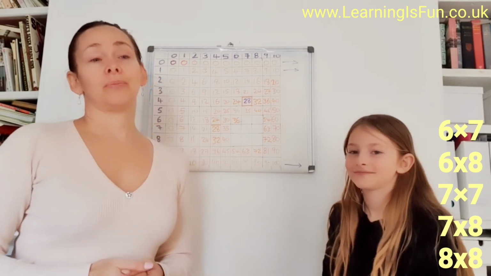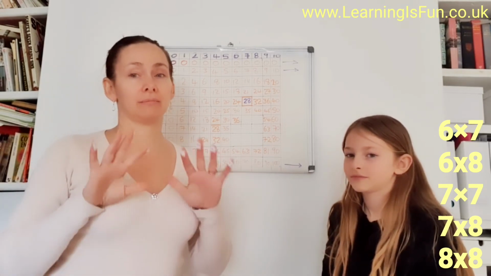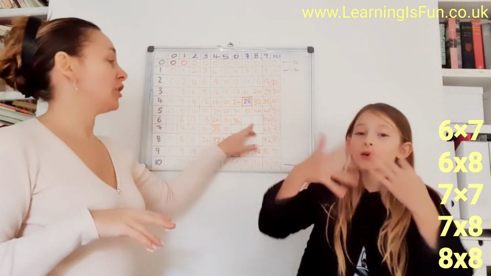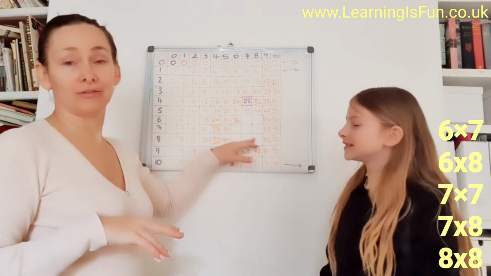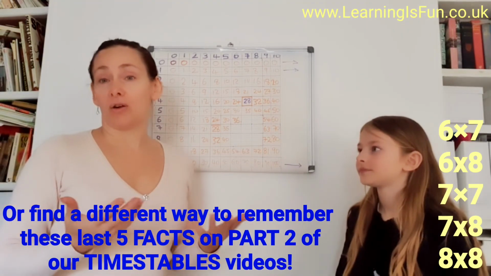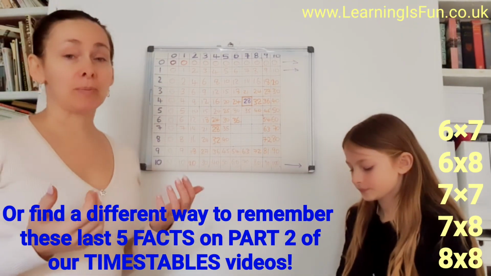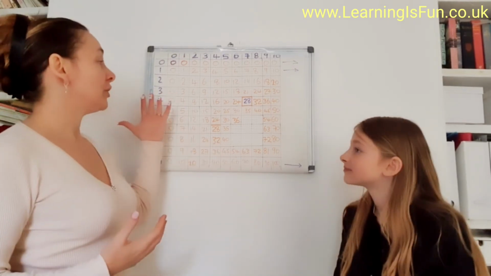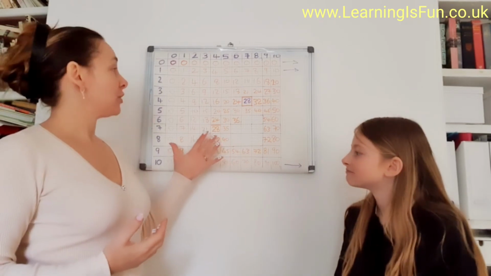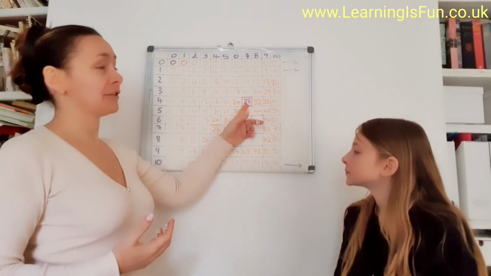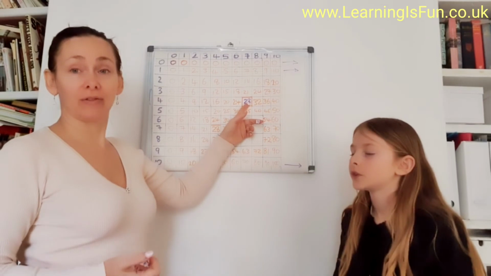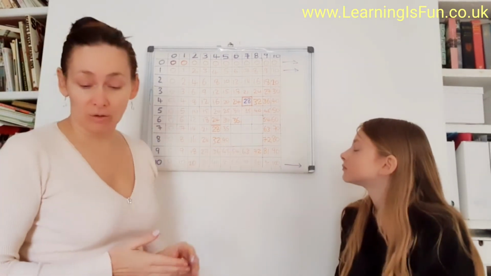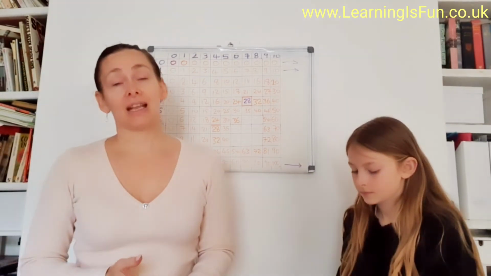Okay, so as I said, some people love that method. Some people can't stand it. She can't stand it. She'd rather just learn those last 5. Okay, it's up to you, or find a different method. But basically, through patterns and stories and games and rules, we have covered almost all of these, and you're left with 4 times 7, or 7 times 4 is 28. Is the one you have to learn if you use this method. And if you don't use this method, then you just need to do these ones. But that basically is your times tables